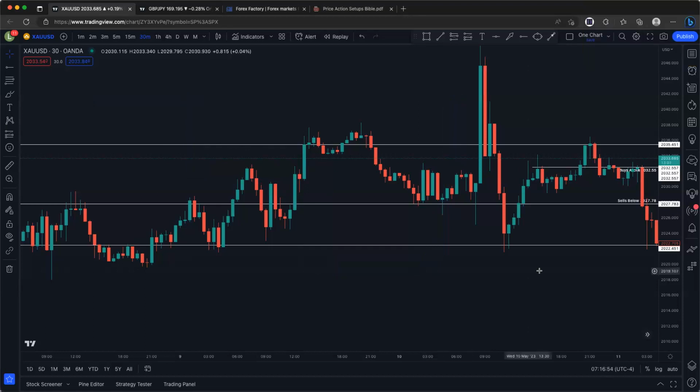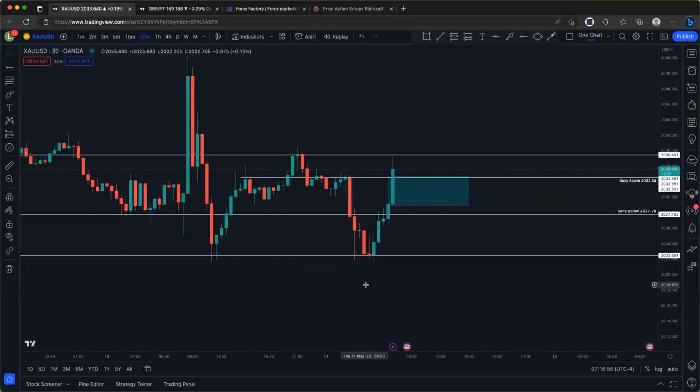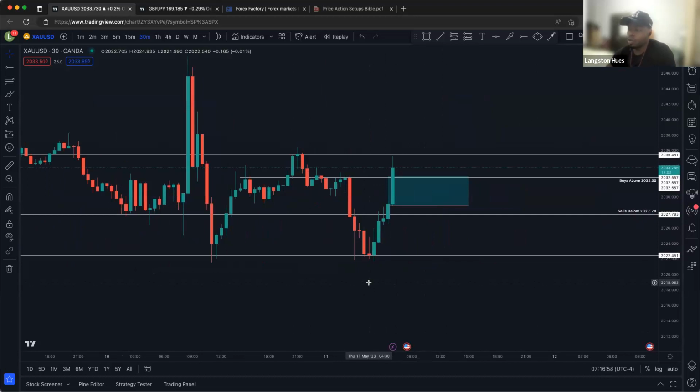What's your prediction for gold in the long term? Do you reckon it's going to go down? My prediction for gold in the long term? I don't really have a prediction for gold in the long term. I'm just really trying to catch